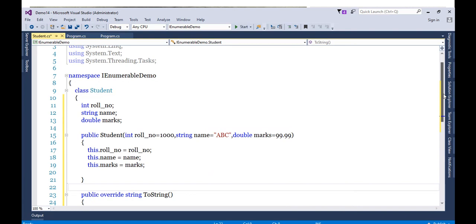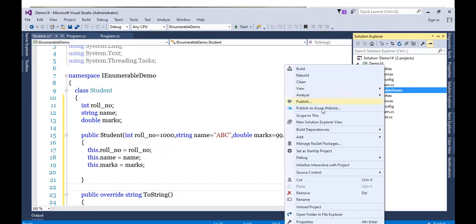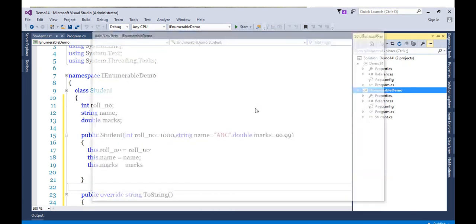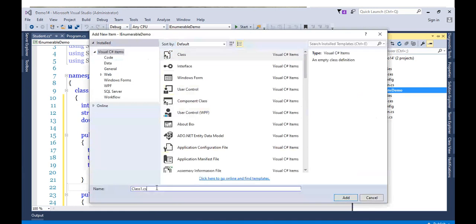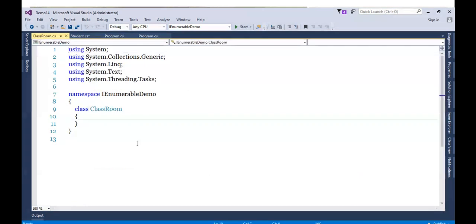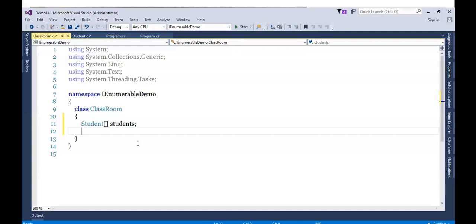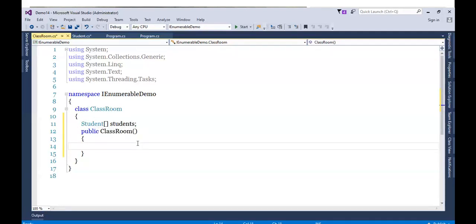Let's take another class, the classroom class. So I'll be taking here the classroom class. Okay. In this, I will take the collection of the student class. Okay. Let's initialize this with a constructor. So I will do one thing.